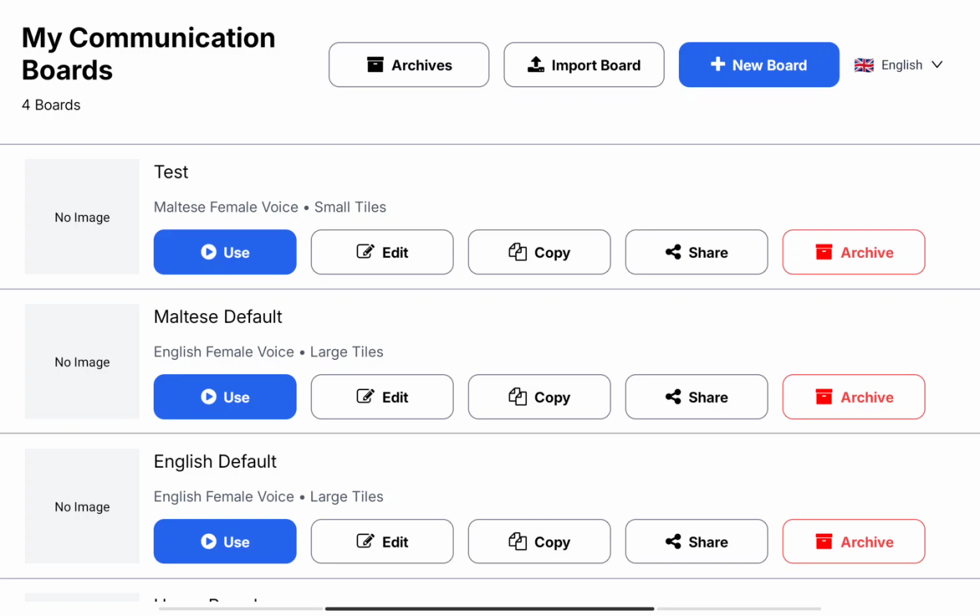So this is a quick demonstration of my final year project. I created an app called Communica, and this app is essentially used for creating and using alternative communication boards. When the user downloads the application, they're greeted with this screen, which contains a list of the boards available to